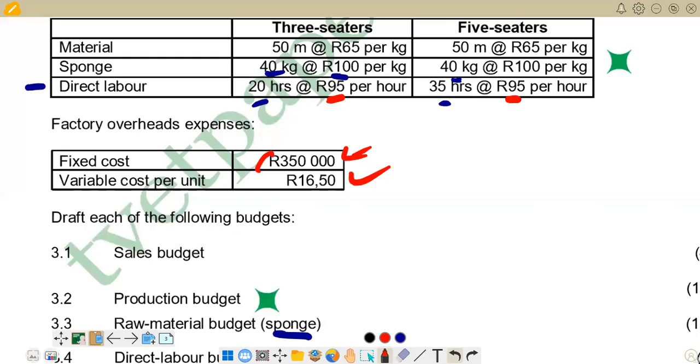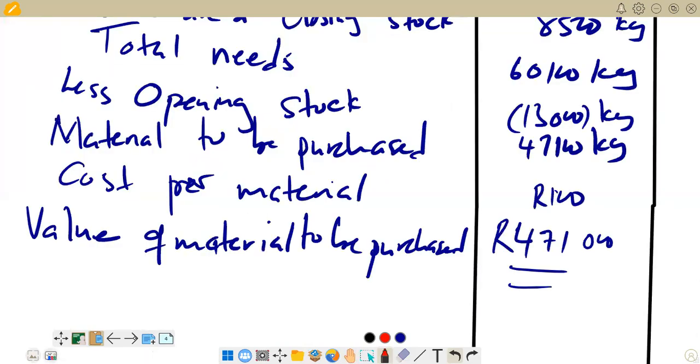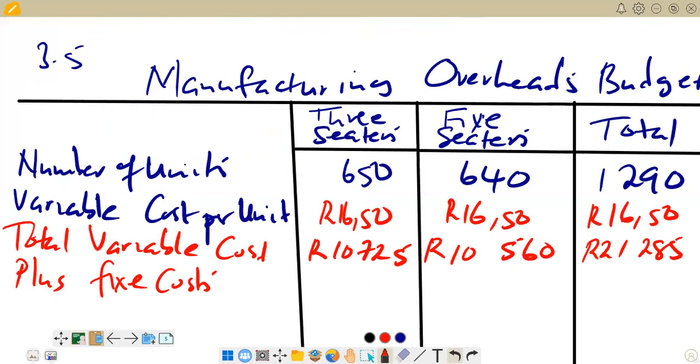So you can go and put that one. Right, fixed costs. So we are saying fixed costs, we are not going to put them in these columns for 3 seaters and 5 seaters because that 350,000 rand that we are given applies to both seaters. So we are just going to put it here on the total column. We have got